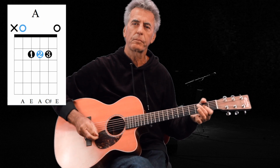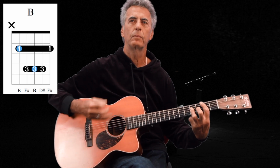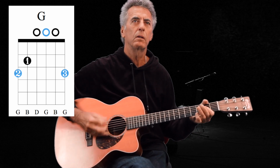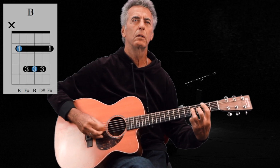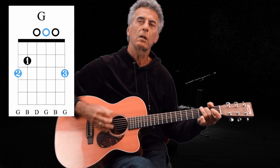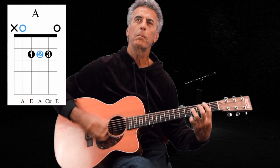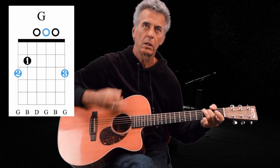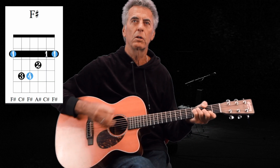Okay, here's the guitar solo, which is actually kind of clever. It's got some great little changes, slightly different than the rest of the song. Starts with a G-A-B climb, okay, like this. Again, G-A-B. To an F sharp major. G, B, now to a D. Jumps to a G, F sharp major,